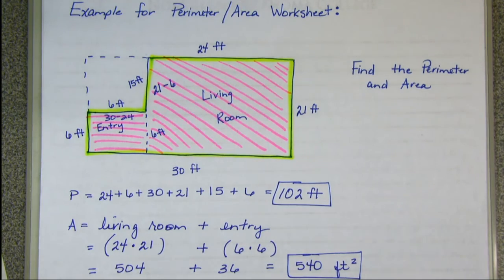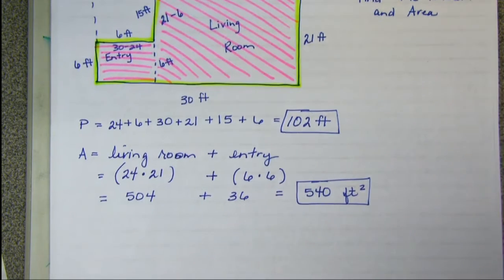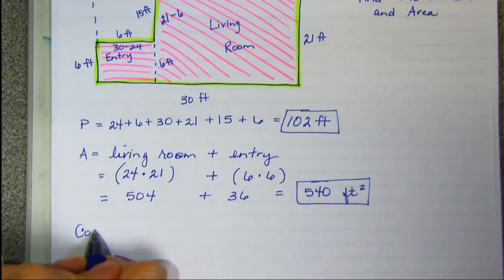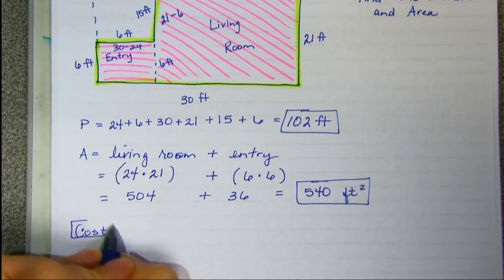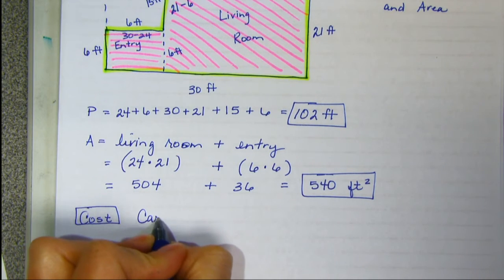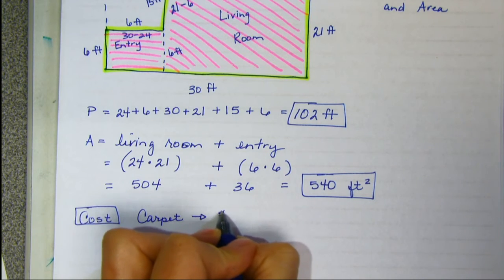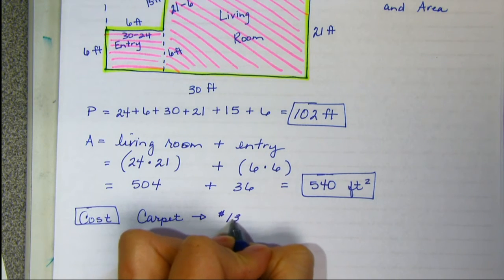Okay? All right. So now we're going to talk through some cost if we were to lay carpet, put up crown molding, and install some baseboard. So let's say that I wanted to purchase carpet. And if you went online, you might see something like this: